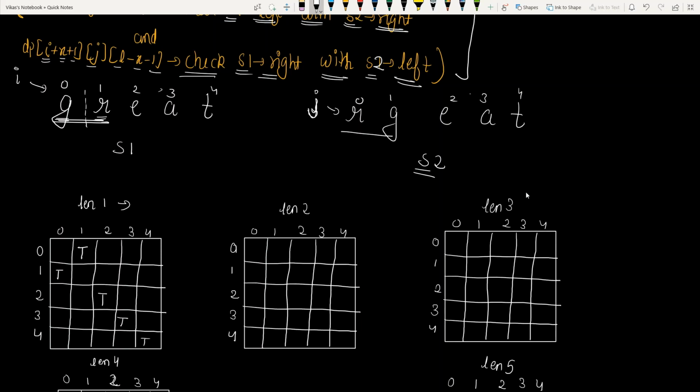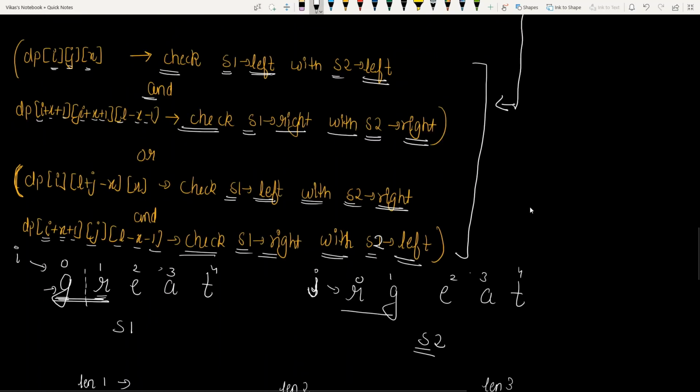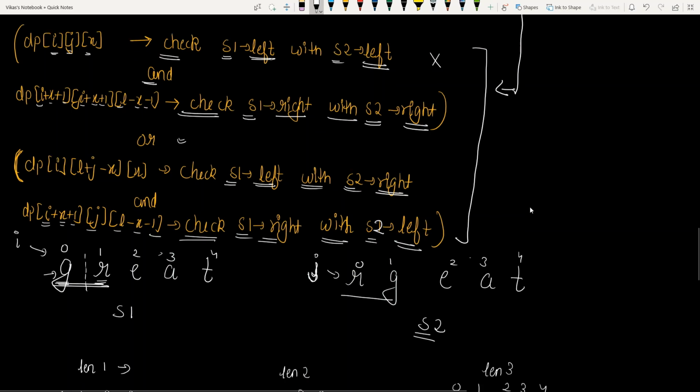Now checking whether the left of the current string is matching with the left, no. It is not matching, so this condition is false. Since this condition is false, we have one more chance, that is the OR condition. So we are going to check S1's left with S2's right.